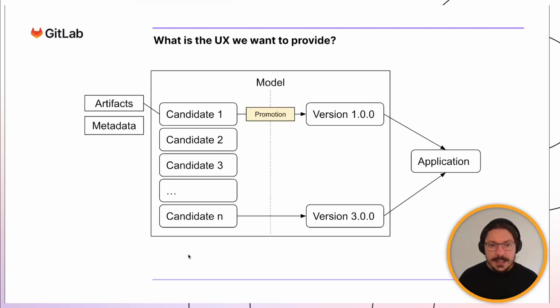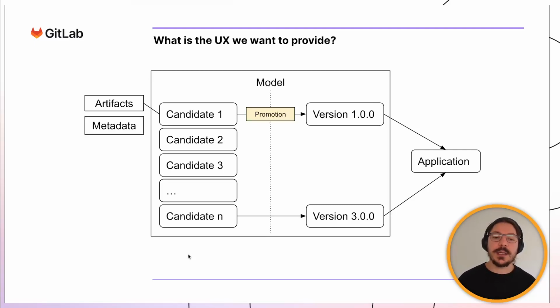And some of these candidates can be promoted into model versions. A version is something that would be consumed by your application. So they are more serious, they have stronger requirements. They will be more likely to be built through a CI, whereas candidates can be built either locally or in CI, but at an early stage. And with versions you would expect more